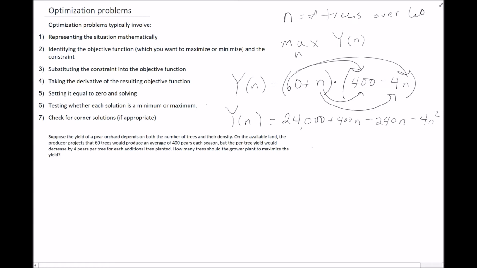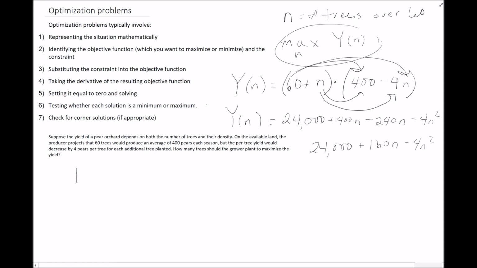And then I'll go ahead and combine like terms: 24,000 plus 160n minus 4n squared. So now my problem, since I'm trying to maximize the yield by my choice of n,